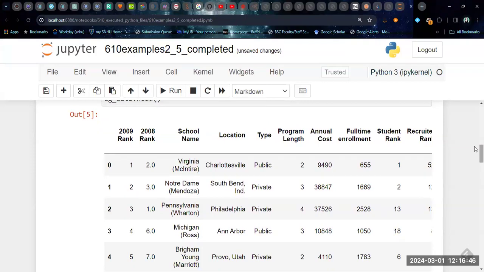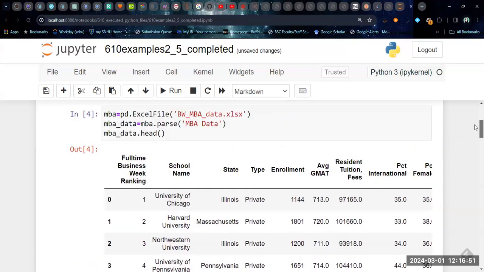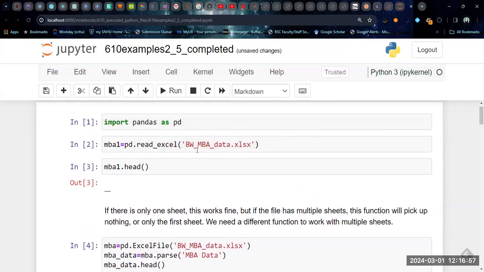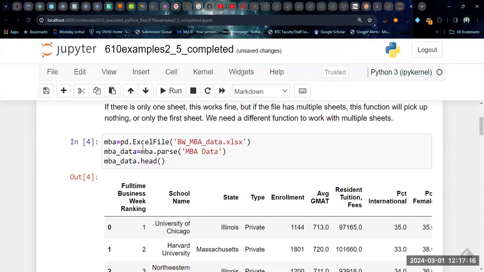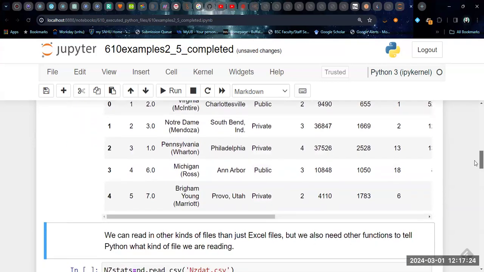So now I have 2 data frames from each of the different sheets, and now I can proceed and do my analysis as before. But again, if you use the original read Excel, it will only import the top sheet. If you have a file with multiple sheets, but you only want the top sheet, you can just use this standard import function and it will work just fine. But if you need the second sheet or multiple sheets, then you need to use this alternate function and then parse out the different sheets by name. All right, so